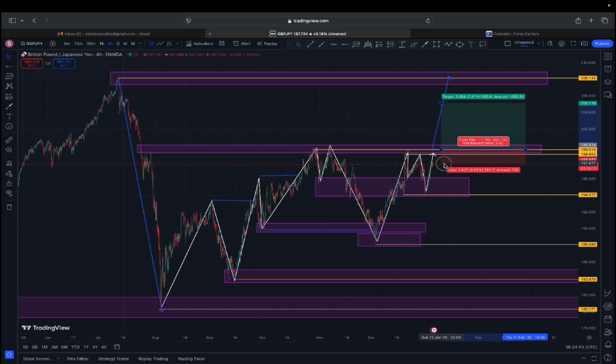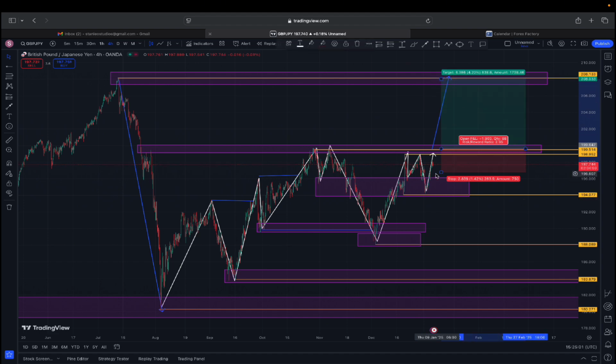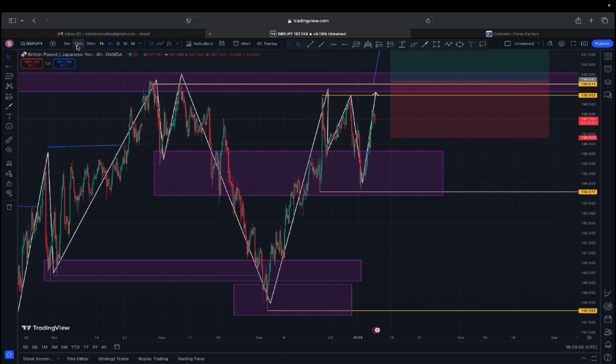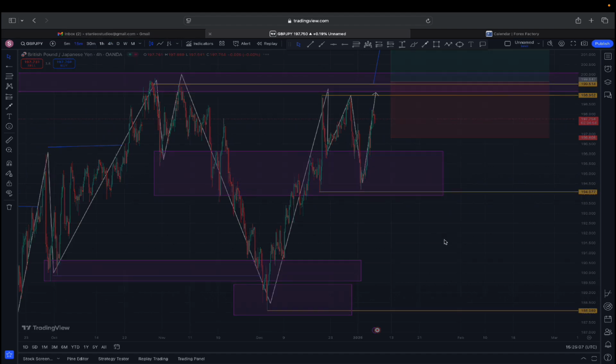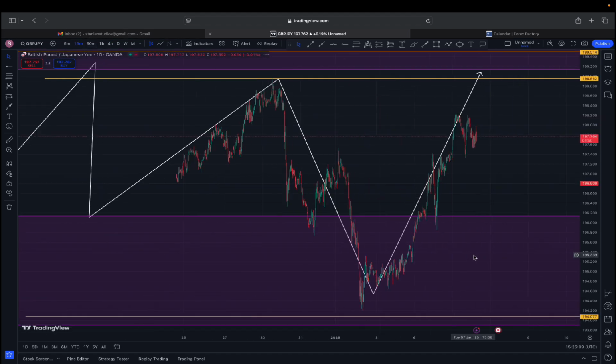If the market enters this place, I set my stop loss on a 4-hour time frame. Let me set my stop loss to, let's say, this place. And if it's so, I shoot to the top here. Why am I setting a stop loss to this place? I could go to the 50 minutes in order to place my trade, but then